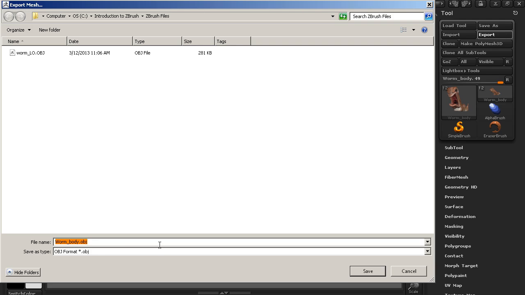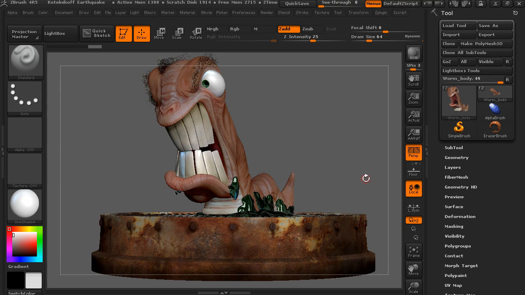OBJs will be pretty much readable by almost any 3D application that you are going to be using. You should be able to bring in an OBJ just fine. It's just basic stripped down geometry, so you can transfer that way, and then you could reassemble everything with your maps. We talked about how to export those maps. You could export your geometry and then reassemble those in your other application. You can also use GoZ to create a bridge and work back and forth